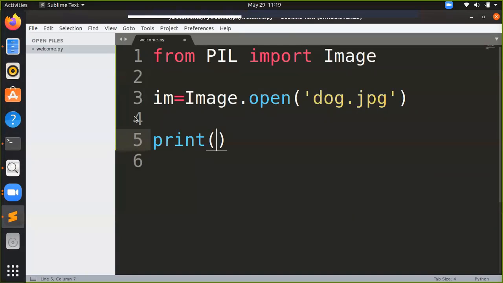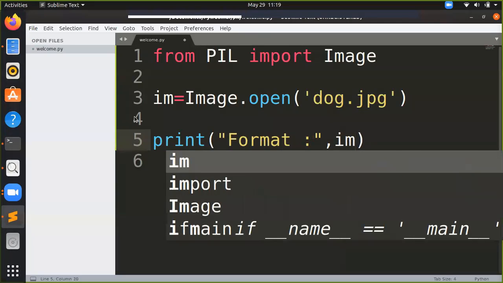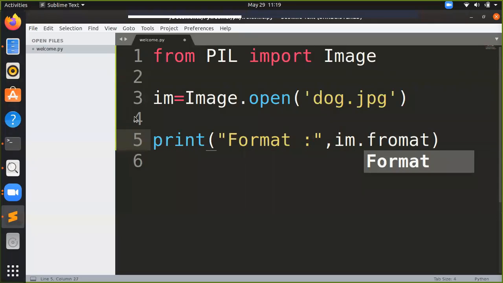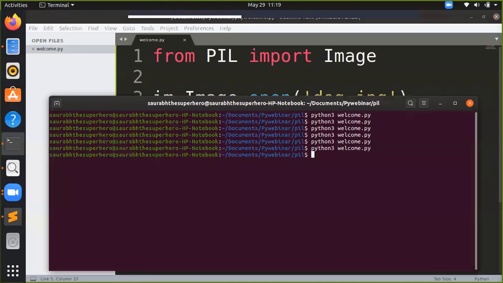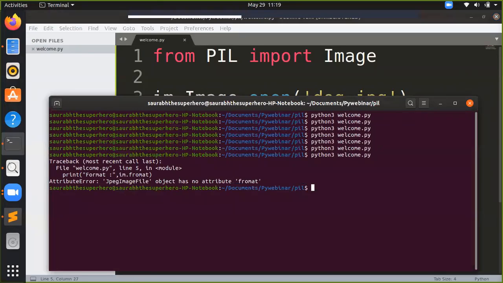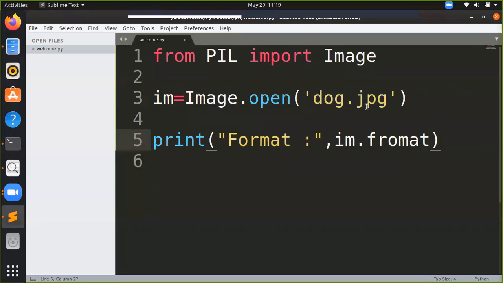Okay, so what is the format of the image? I am writing format, and what I will display here is im.format. Let's see if it works or not. Okay, format spelling is wrong.